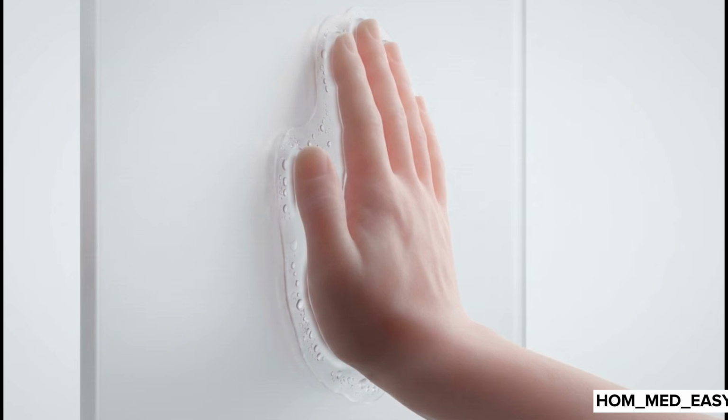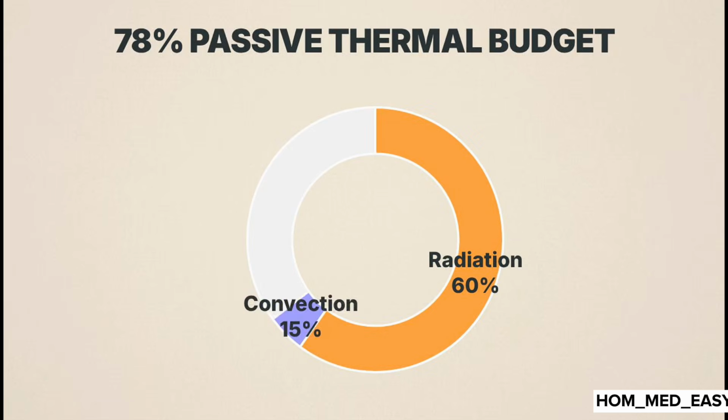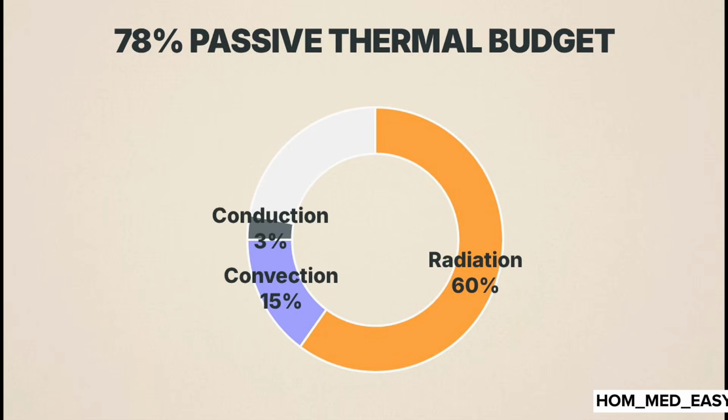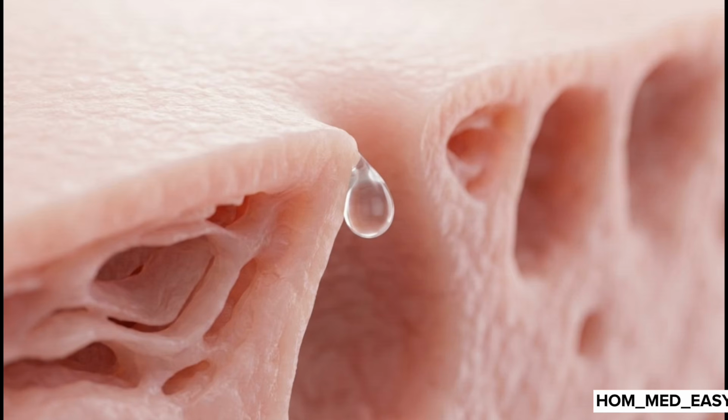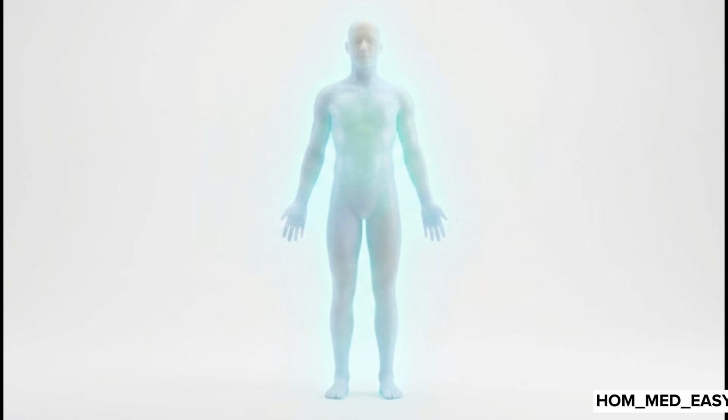Unlike radiation, which travels through empty air, conduction requires rigid, direct physical contact between the skin and a cooler solid surface. Adding these three vectors together accounts for 78% of our thermal budget. Passive thermodynamics, rather than active physiological work, carry the vast majority of the burden when keeping a resting human cool. The remaining 22% of the thermal budget is handled entirely by an active phase change, evaporation. Even without heavy sweating, humans constantly undergo insensible perspiration, the continuous, unnoticeable evaporation of water directly through the skin layers